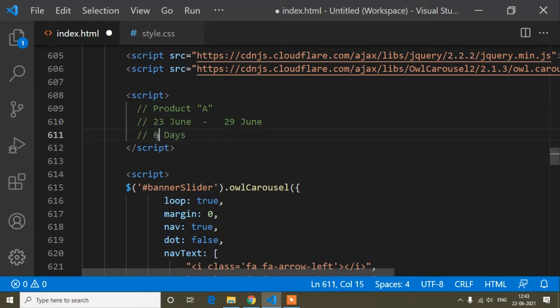Okay, 6 days, so that is actually the countdown. The date is counting: when it is 23, the countdown date will be reduced by 1. It was 7 before, and when it comes to 23, you will find the countdown date is 6. So that is actually the countdown date, and it's very important for showing the offer. Okay, because we always need to implement that in our project.